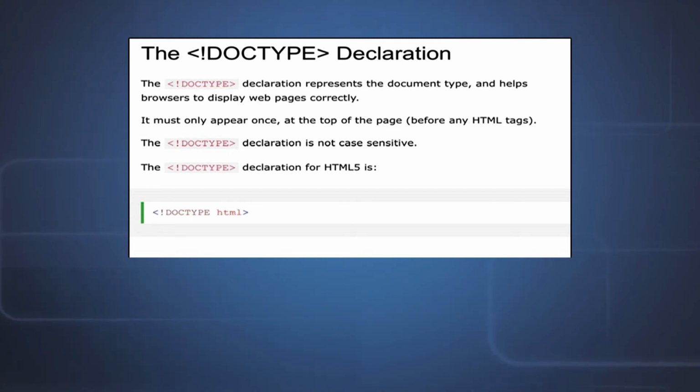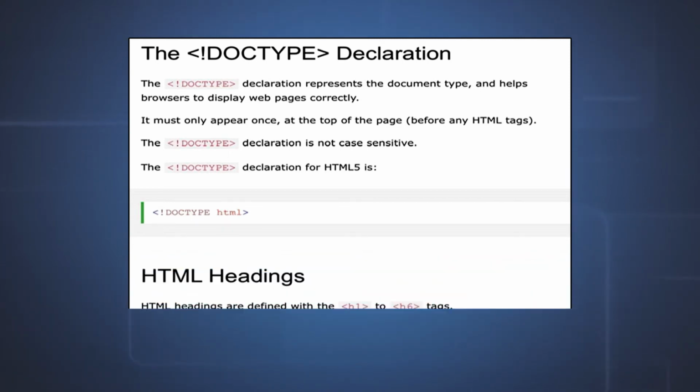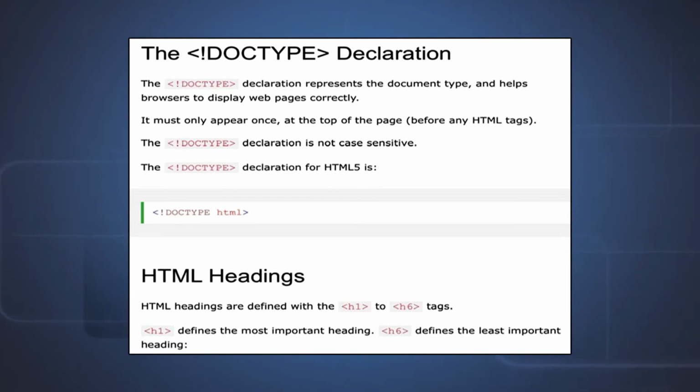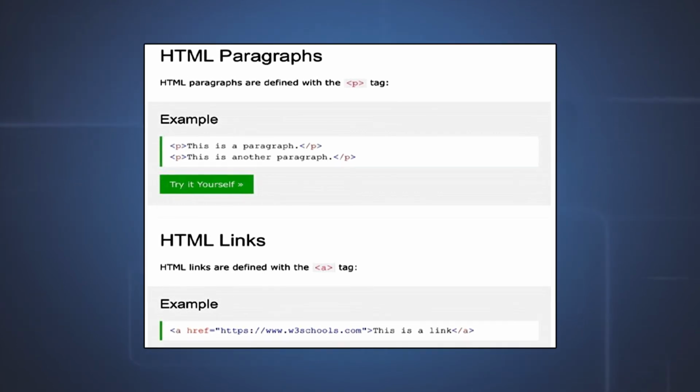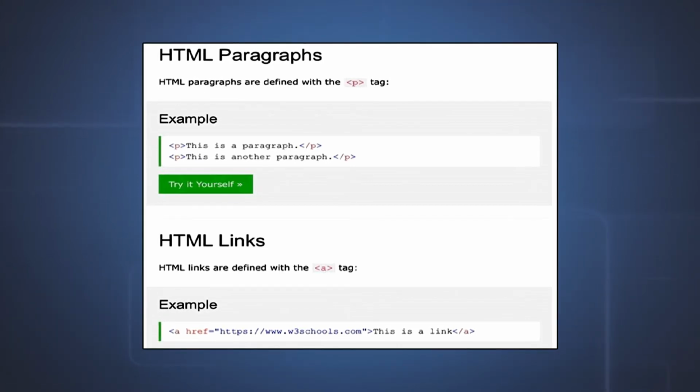So now the next most important thing is HTML headings. HTML headings are defined with H1 to H6 tags. So you cannot have more than 6 heading levels in a web page. H1 defines the most important heading and H6 defines the least important heading. It will be followed by the paragraphs. Just think about writing a chapter or a story. Suppose you are writing a short story. Definitely it has a heading. So use the H tags, whether it is H1, H2 or whatever it is.